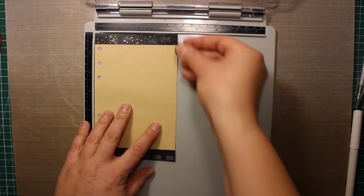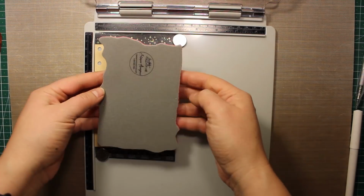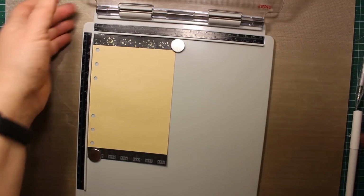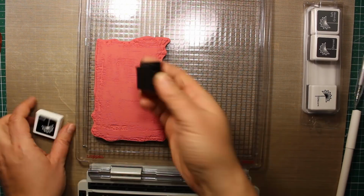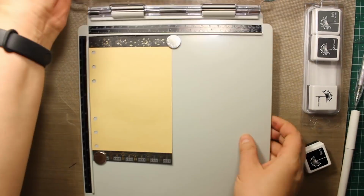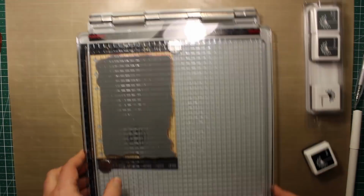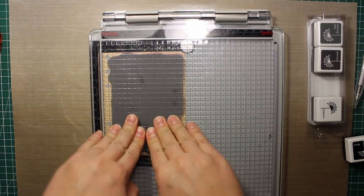Now I'm going to do some stamping, so I'm placing my page inside the platform, and I have chosen this background stamp by Holtz. I'm going to use black ink by Hero Arts for stamping. So I'm inking up the stamp really well, then I'm closing the door of the platform and the ink will be transferred to the page. I'm going to repeat this process 2 more times, and this time I have switched to the black archival ink